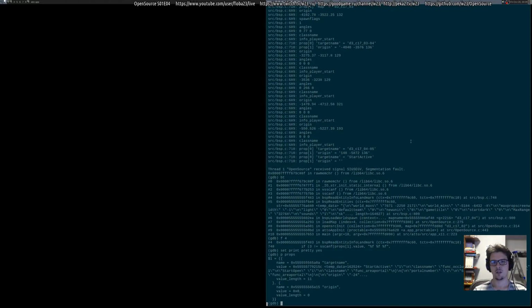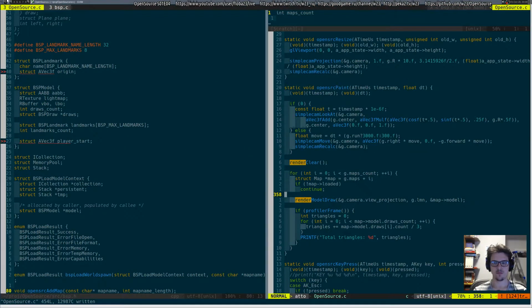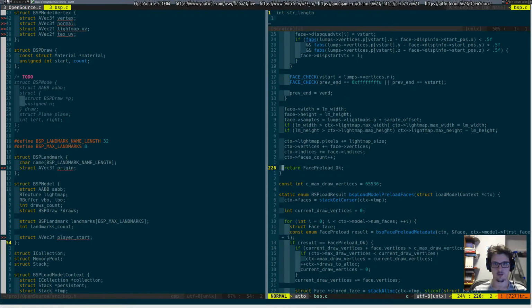So here's a prop. Here's a landmark entity which doesn't have origin, which is interesting. Like what the hell? And a fix for this would be